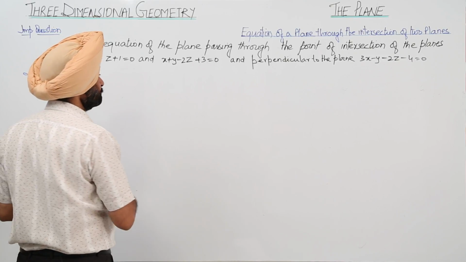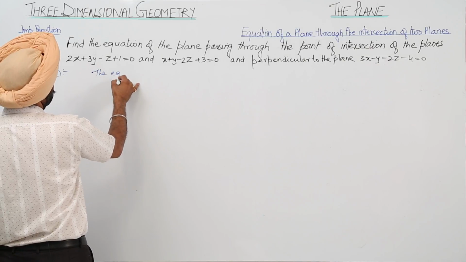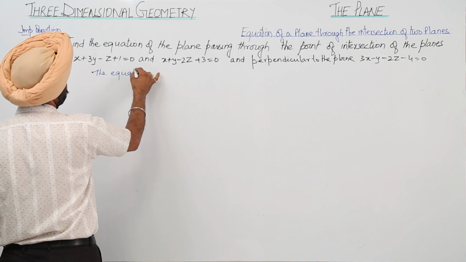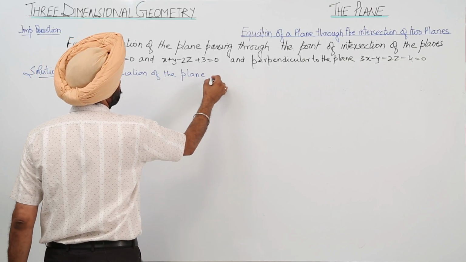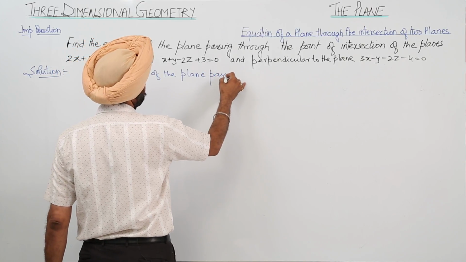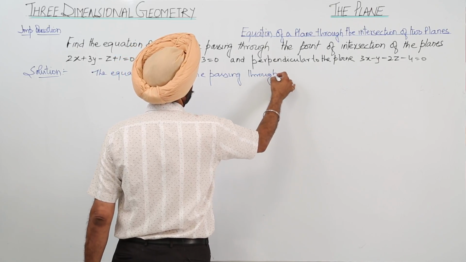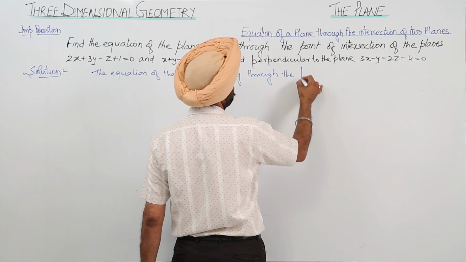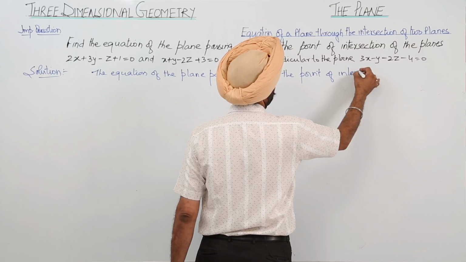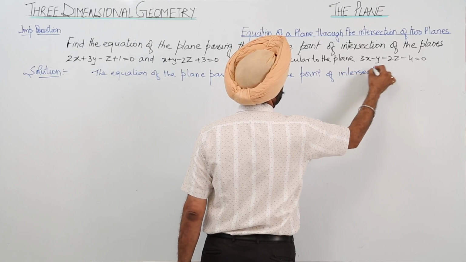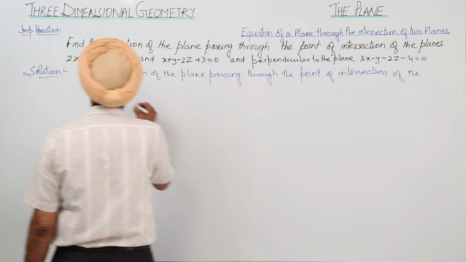Now, the equation of the plane passing through the point of intersection of the planes